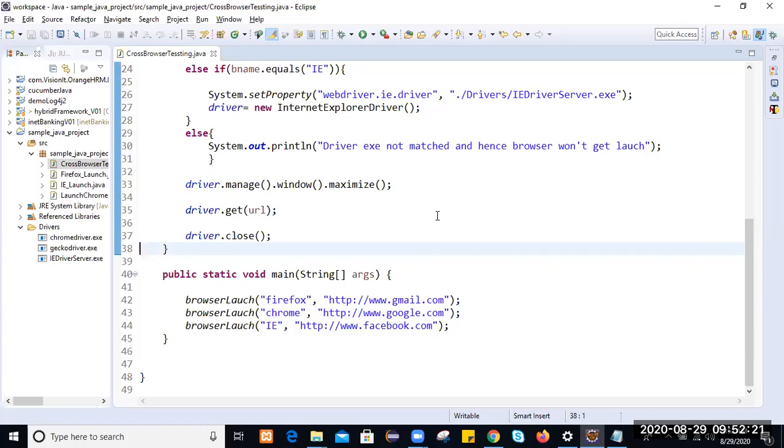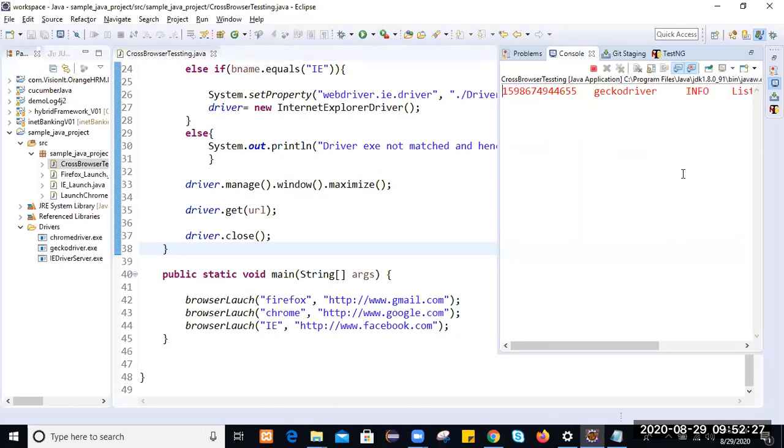Let me run this script. Just Control F11. So it started. Gecko driver means what? Chrome, Firefox. Firefox takes some time. It will launch Firefox, maximize the window, and for Firefox it will navigate to which page?